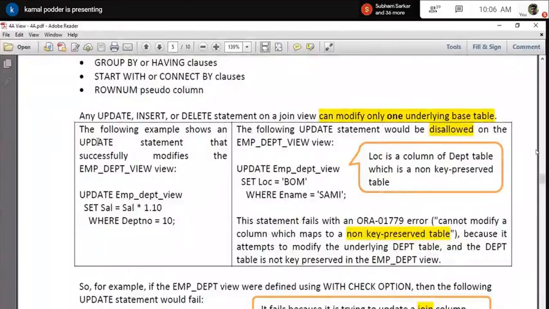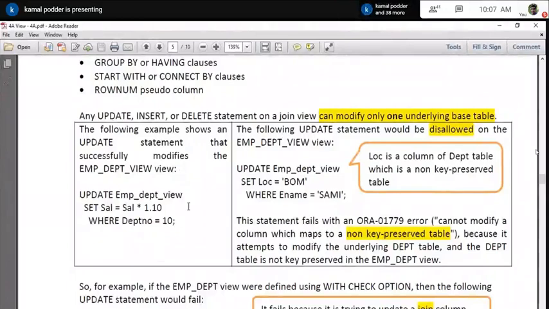Suppose I write an update statement here, updating that earlier view, the view I have already created, setting salary equal to salary times this factor for department number 10. That means for department number 10, I increment the salary for all employees. So naturally, it will update only the salary field. And where is that salary field? That is in the employee table. As we have already discussed, the employee table is a key preserved table, so it will not give any problem. You can easily do that.